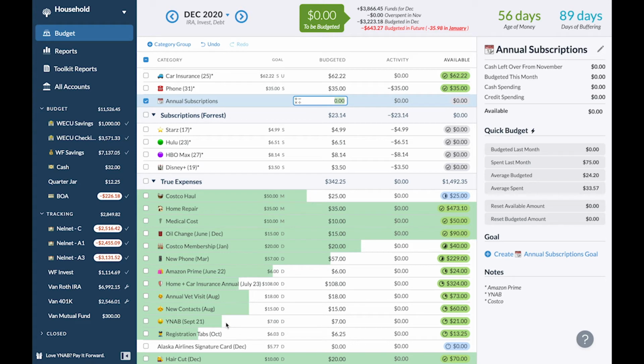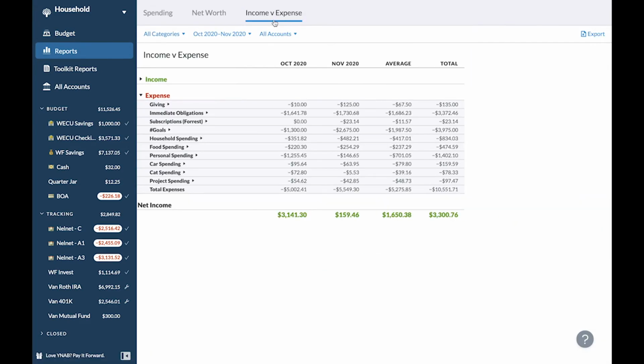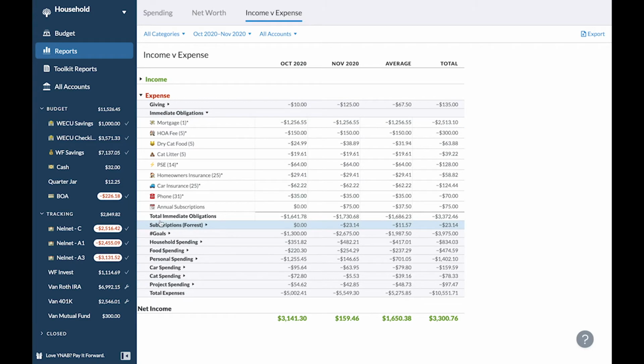By shell category, I mean a category that I do not plan to spend out of, and that will show up in my reporting. I'll just show you right now how that shows up. If I go to income versus expenses, and I look under immediate obligations, you can see, even though all the categories are supposed to be showing, not all my category groups are showing. True expenses isn't on here. And that's because the true expense that I had, this must have been Bank of America fee.